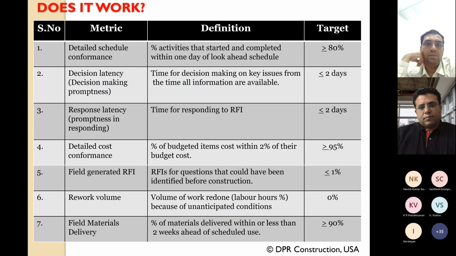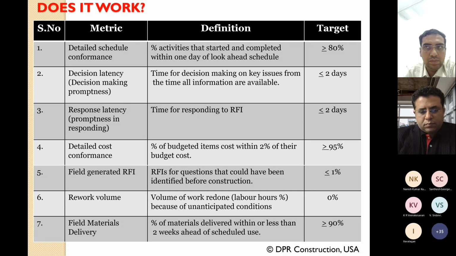There is a company called DPR Construction in the US, and they accounted for all the benefits they had by building BIM models supported by a common data environment. When you look at some of these metrics, they're fantastic. Rather than going through all of these, let's just get to metric number 6 at the bottom. The amount of rework essentially vanished to 0, primarily because you had done all the coordination ahead of time. You used a common data environment, put all of the data in, used some tools to analyze that data, and therefore you got the project right the first time. There was really no rework done.